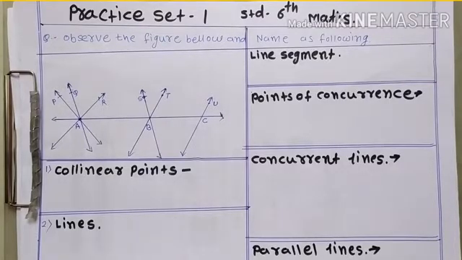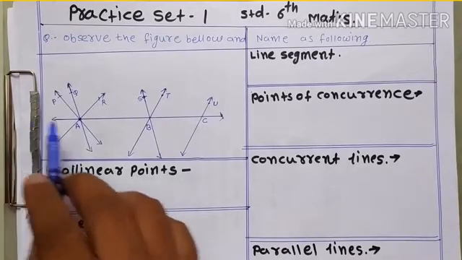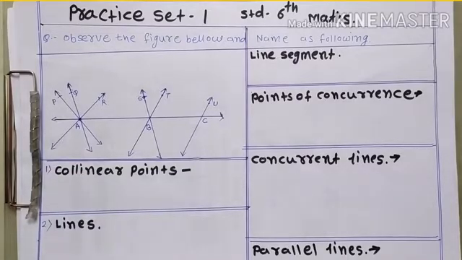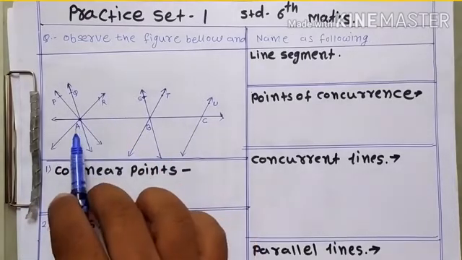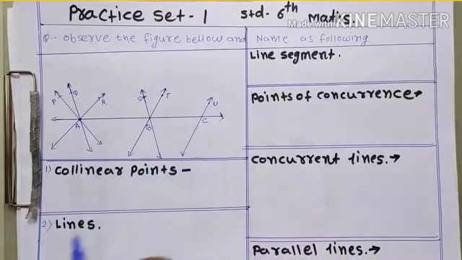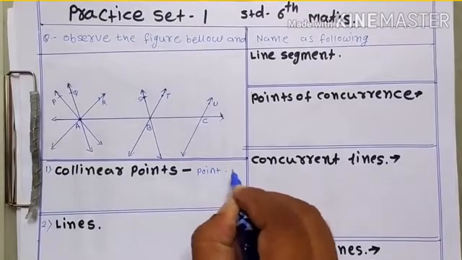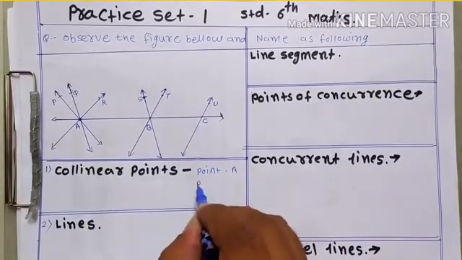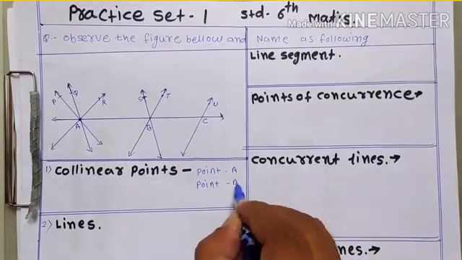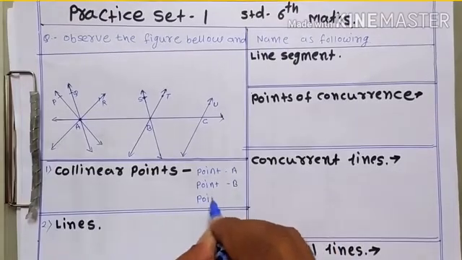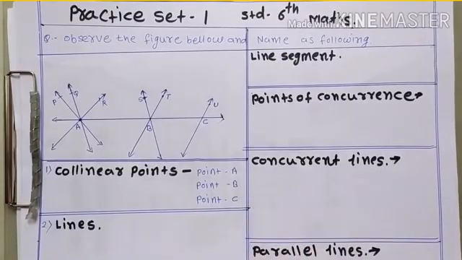Let's see, there are many straight lines, but this main straight horizontal line, line AC. How many points are on there? The point A, point B, and point C, means 3. Means 3 points, point A, point B, and point C are lying on straight line AC. Straight line AC. So there are